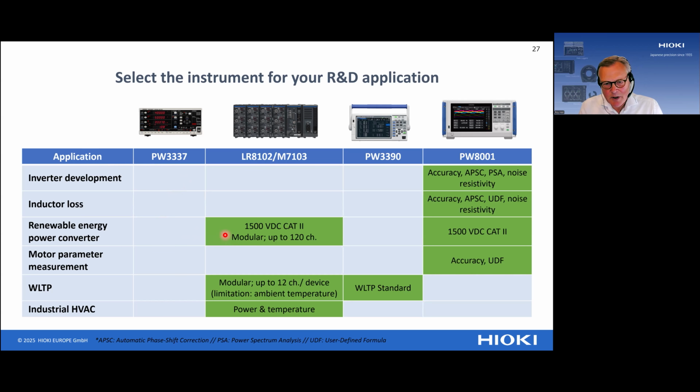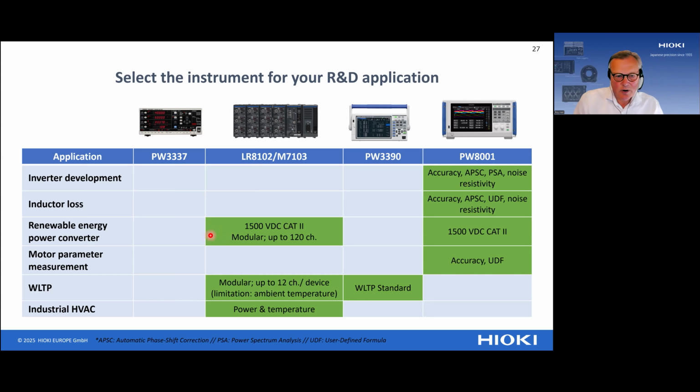The reasons for that are mainly that we can measure the highest string voltage of 1500 volt directly with the module, and it's also possible to measure up to 120 channels. And we also have the capability of the AC-DC synchronization, meaning that we can synchronize at the input when we have many input channels from solar strings. We have DC signals on that side. We can synchronize all these channels with the AC signal that we have on the output.